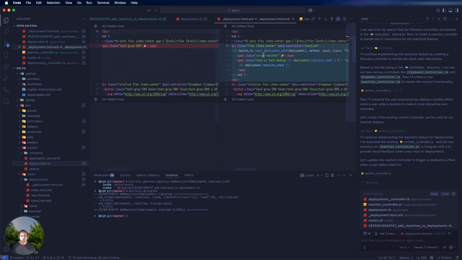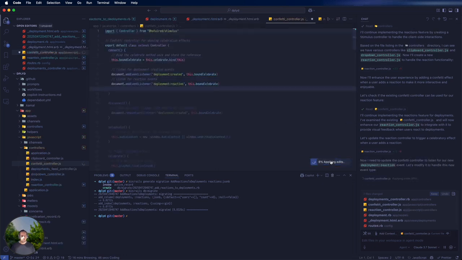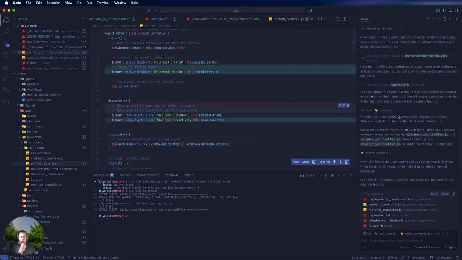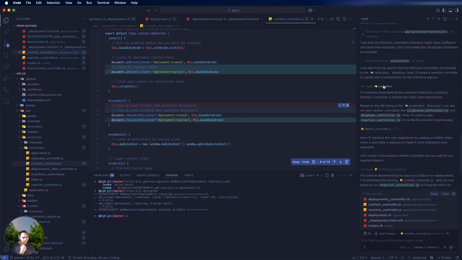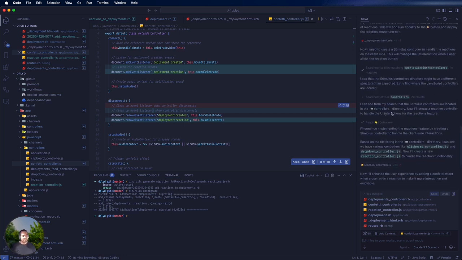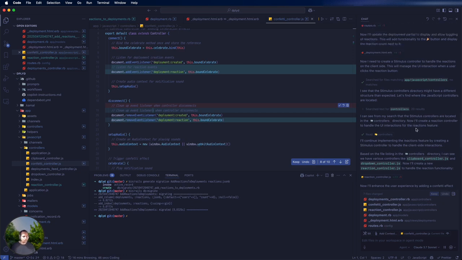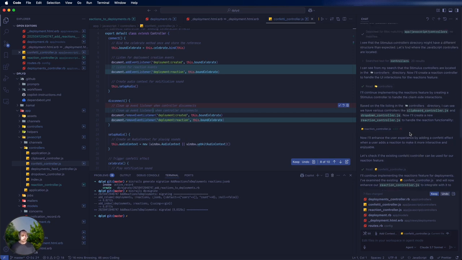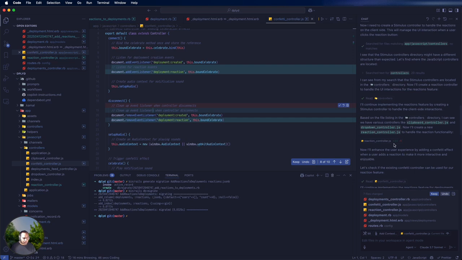So what does it do here? It checks the, yeah, that's a button with a reaction. That's perfect. What is it doing now? That is interesting, because okay, now it actually decides, and now we're talking, Claude 3.7 here, right? But it probably says, hey, I should do some kind of confetti when you actually press it, which is not a bad idea. Something I obviously also wanted it to add later, but that it's doing it now, it's like,